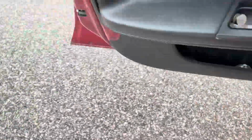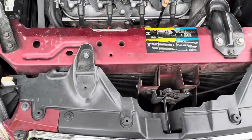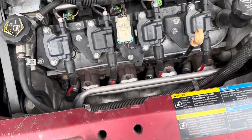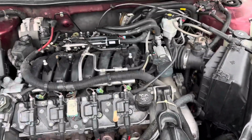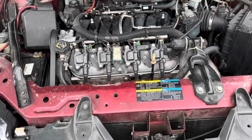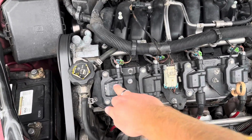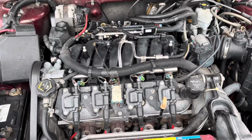Another thing that we have done is I have gone ahead and done one of the most annoying things I've done on this car yet, which is I have changed all my spark plugs and wires. Now these front ones are okay to do, but my God, man, the ones in the back are just a pain in the ass. Also cleaned up the engine a little bit. Obviously, I'm not happy with how this looks. I want to paint the valve covers red. I'm gonna get ZZP coil packs, cold air intake, bunch of stuff. So don't even look at it,